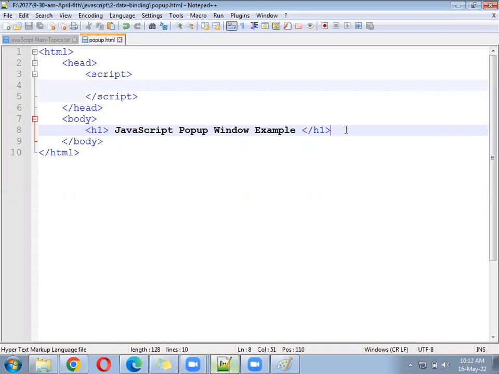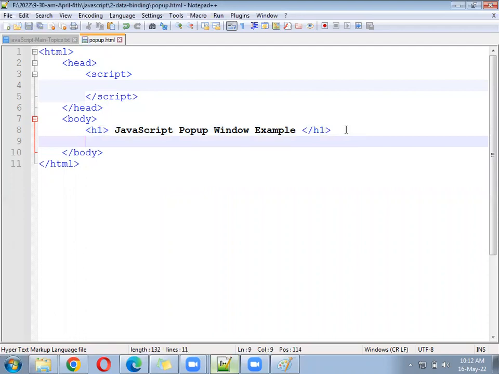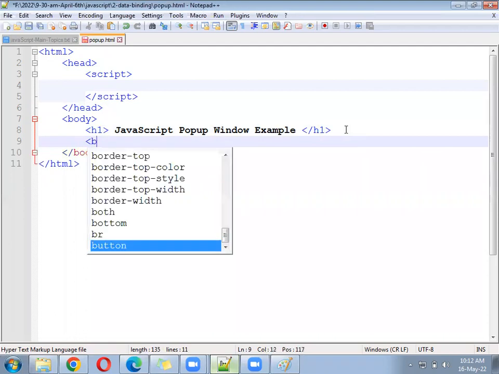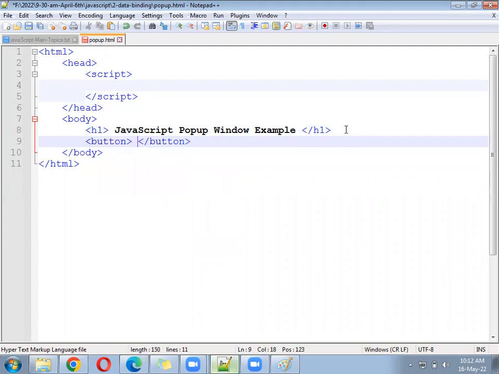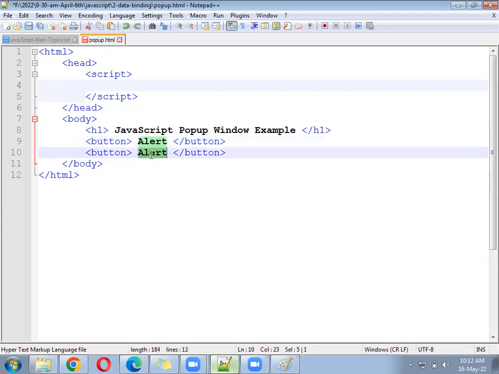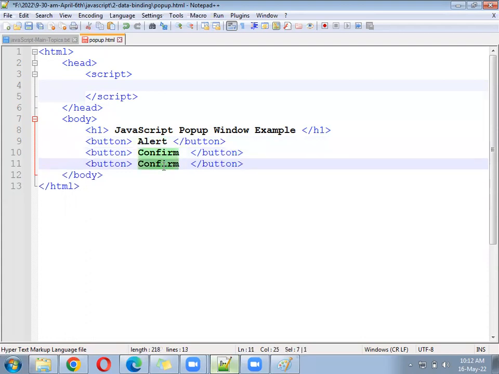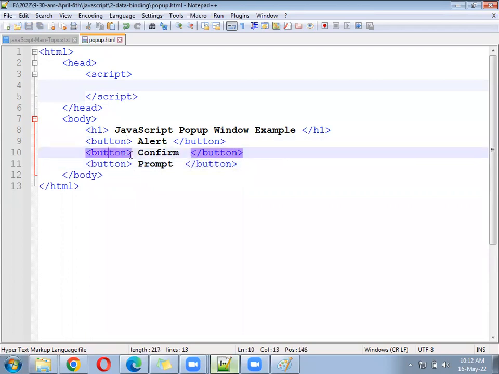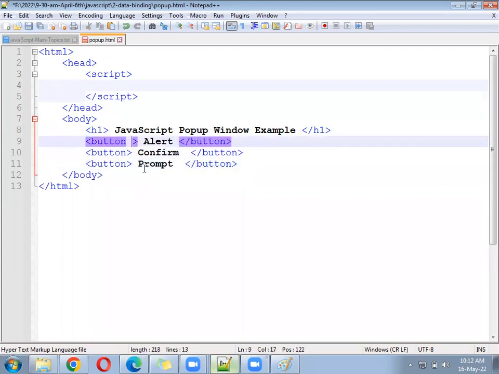Come down below, write a button, alert. Second button, confirm. Third button, prompt, P-R-O-M-P-T, prompt. Alert, confirm, and prompt. In first